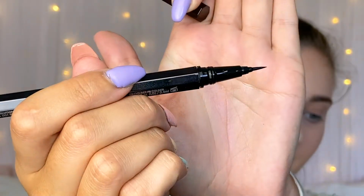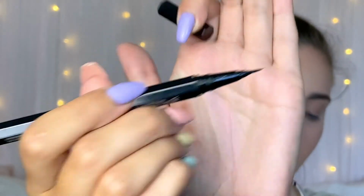It's got a really nice fine tip. Oh, I think it's focusing. Yeah, so it's super fine, which I'm excited about because I have actually just run out of my eyeliner, so I did need one. I normally do this resting on my desk anyway, so it's quite difficult to do sat